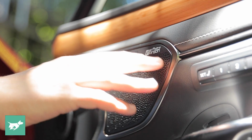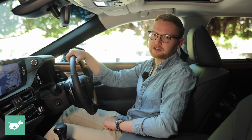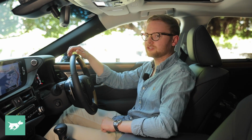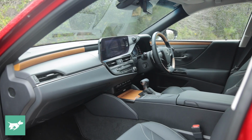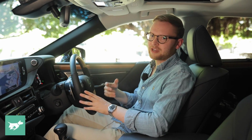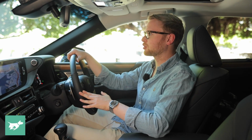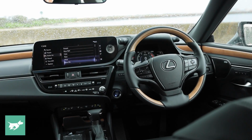We also have the beautiful Mark Levinson 17 speaker stereo in this car. The base stereo on the ES is actually fine, the 10 speaker unit, but the Mark Levinson really elevates it further. And one shout out I'll give is actually to the quality of the seals on this car, and you find that in two ways. Firstly, it's incredibly quiet, this vehicle. So the doors are sealed properly, but also the glass is thick,